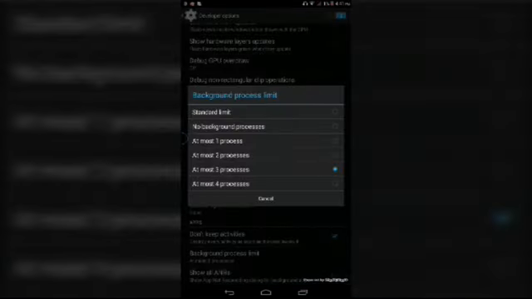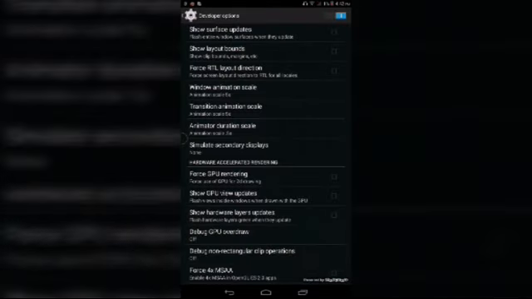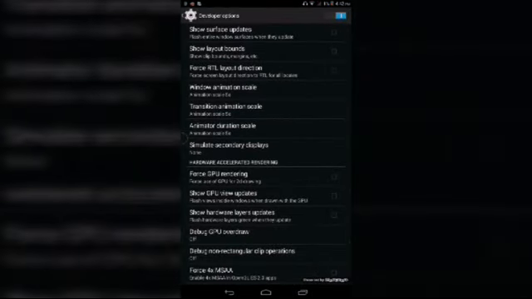Now there is also a very good feature to make your phone fast. As you can see, your window animation scale. In this scale, the animation between screens, the animator scale, will be changed. Now I can show you, I've set all of them at 5. So as you can see how slow the animations are. Let me show you. You can see how slowly it goes back. If you use it, your mobile will take 10 years to work.